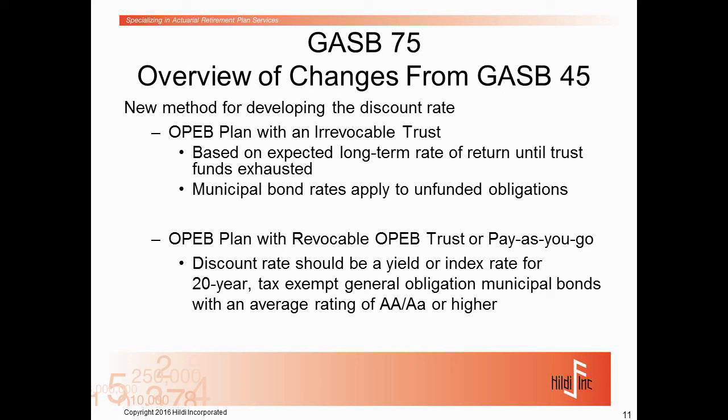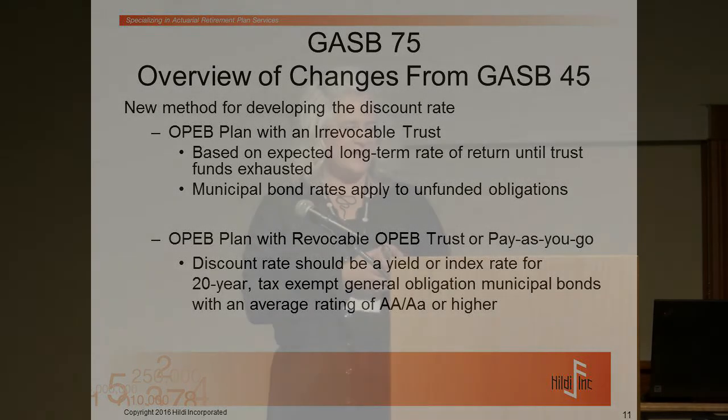But the rules for calculating the discount rate under the current rules were similar whether you had an irrevocable or a revocable trust. I call them the I or the R because sometimes when you say them it sounds the same, but you really could use a similar discount rate even if you had a revocable, or the R, trust right now. So if you were invested in equities there, we could use a little higher discount rate in either kind of trust. If you were pay-as-you-go under the current rules, it usually meant a lower discount rate because you aren't expected to earn as much interest in fixed income type of investments.